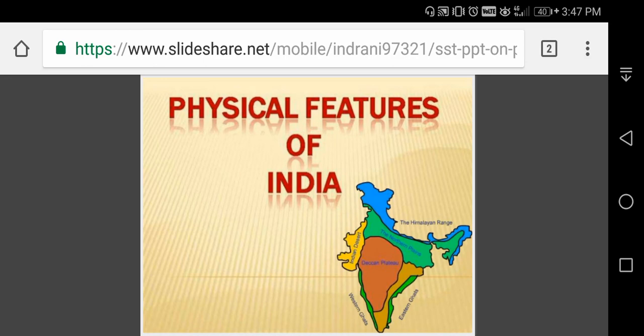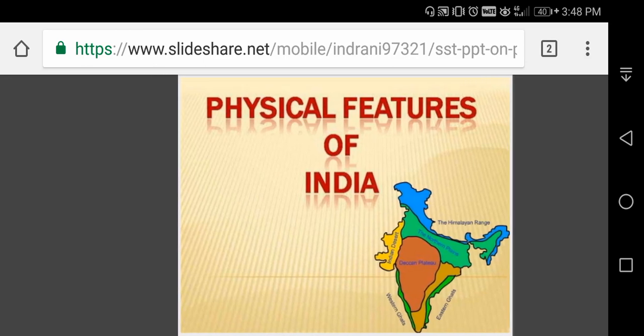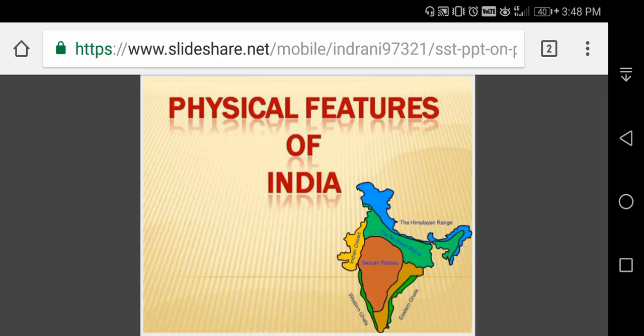Physically, you know the Indian structure. India, along with its neighboring countries, Pakistan, Bangladesh, Bhutan, Nepal, Sri Lanka, and Maldives, is called the Indian subcontinent. Together, it forms a well defined geographical unit. And it is a peninsula completely isolated from the mainland of Asia by a wall of young fold mountains, the Himalayas.